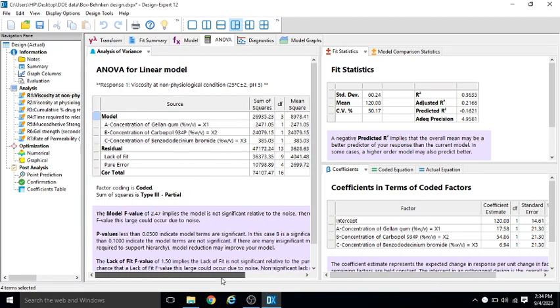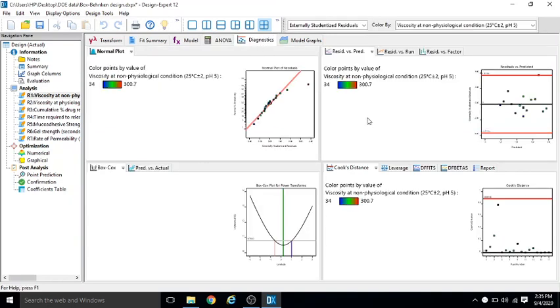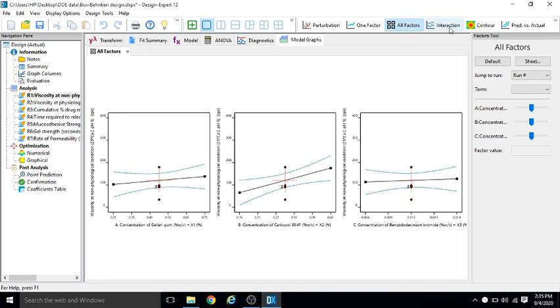So when the model is significant, the data are correct, but when the model is not significant, there is some issue with the data. Okay, so it is also reflected here that there is a lot of difference between the adjusted R square and the predicted R square, right? So that is not desirable. If you do the diagnosis now, there is no point in doing diagnosis, right? Here you can see that a lot of data are near the bottom line, so that is not desirable. Okay, so these things we have to remember.